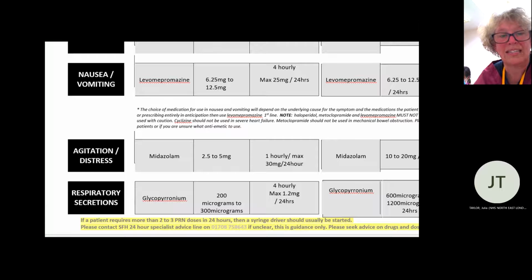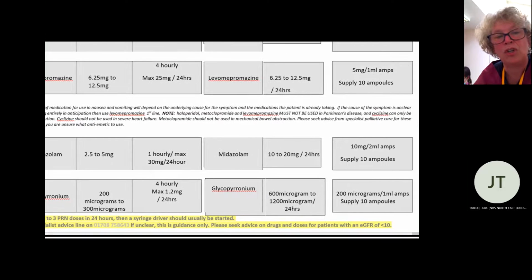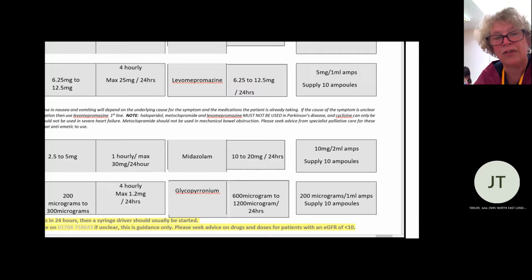And then the last one, anti-secretory, the one we use in this region is glycopyrronium. 200 micrograms to 300 micrograms would be a sensible range for PRNs. You can give this drug 4 hourly, same as antiemetic, or a maximum of 1.2 milligrams in 24 hours. I've also given a sensible range for a standard start syringe pump, and I've asked the prescriber to supply 10